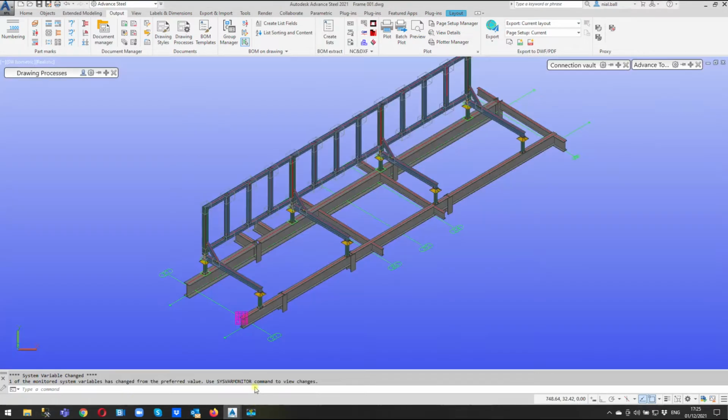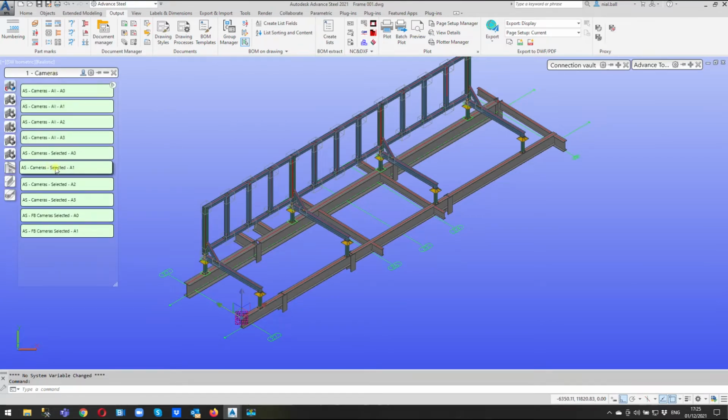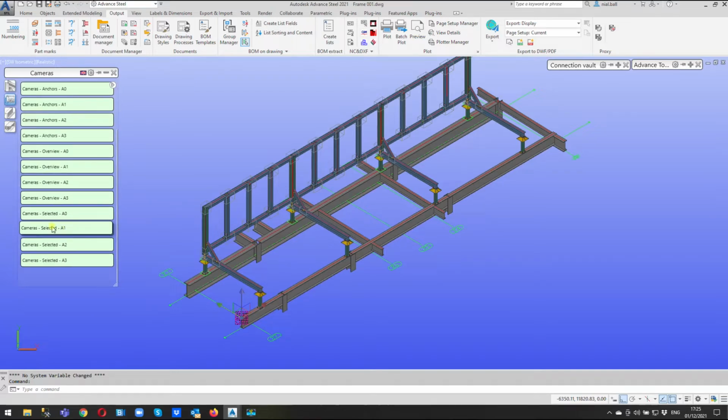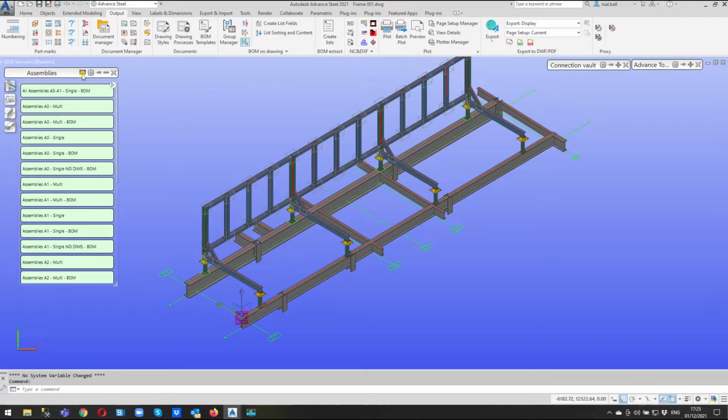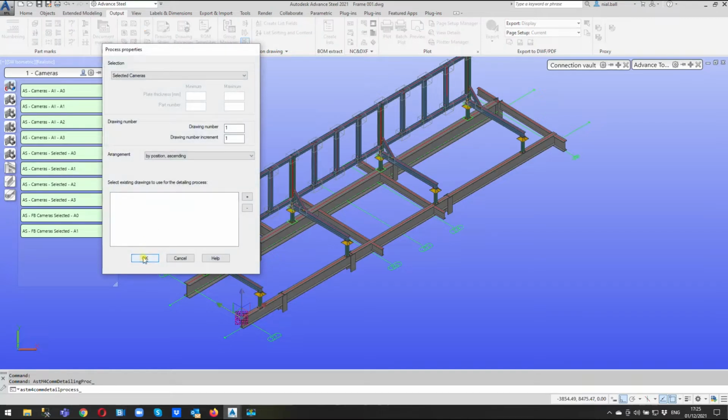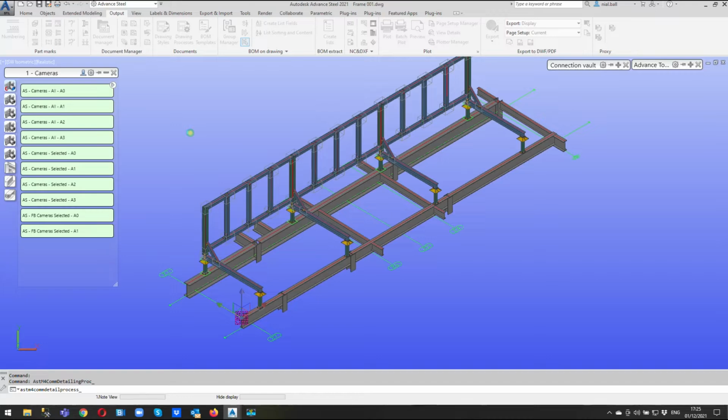So let's go to a model, simple model, little frame here. And the first thing I'm going to do, I'm just going to select this and I'm going to go to selected camera A1. Yours is more likely to look like this. Okay, so we go selected A1 down here. Mine's been modified, so you'll notice I changed from the Union flag to the little man there. That's the user settings, and I'm going to use my cameras selected A1 and I'm going to go OK. And as if by magic,